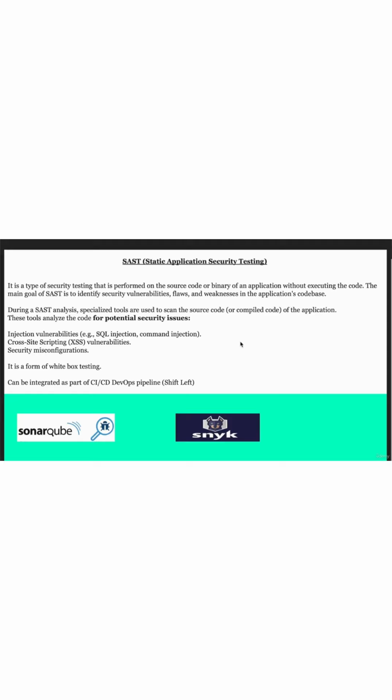Hi, in today's tutorial, we'll go through SAST, which is Static Application Security Testing. It's a type of white box testing performed on the source code or binary of the application, which doesn't need any execution of the code. The main goal in SAST is to identify the security vulnerabilities, flaws, and weaknesses in the application's code